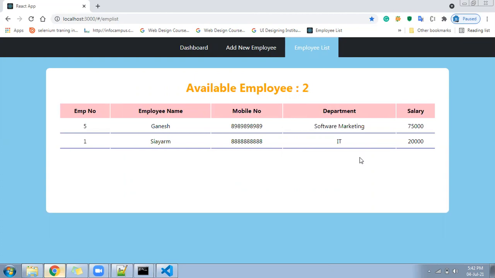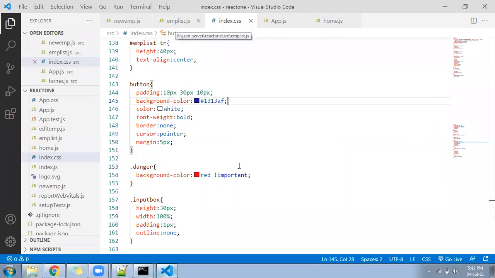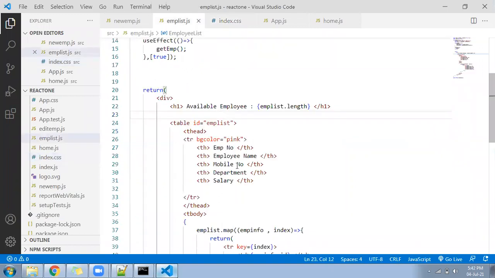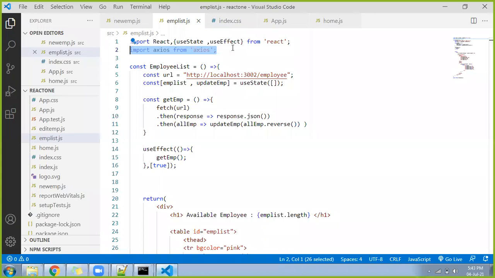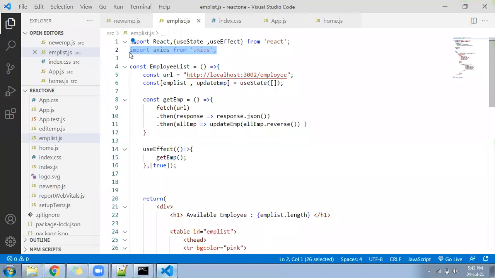Let me go to the code now. Which code? Under the EMP list file. Under the EMP list file, first, sorry, if you have not imported Axios, let's import Axios also. Okay, let's come back to the EMP list.